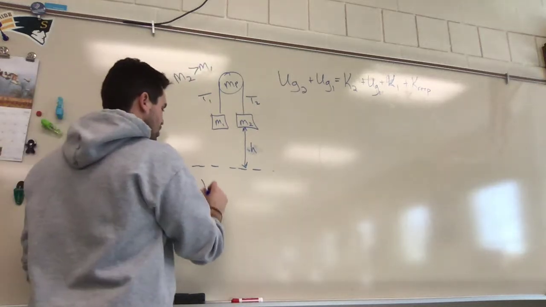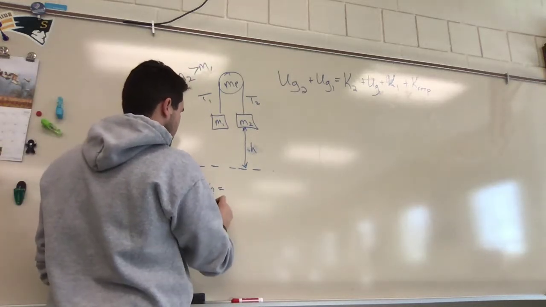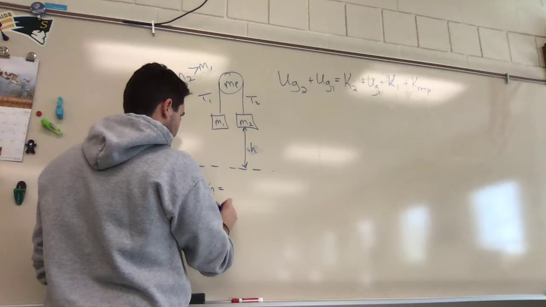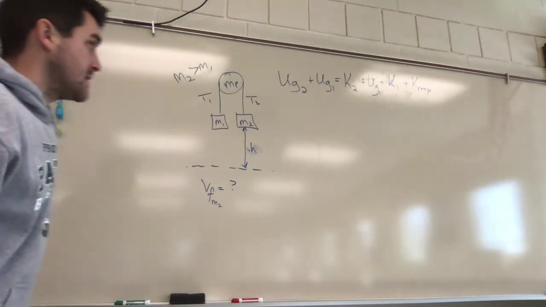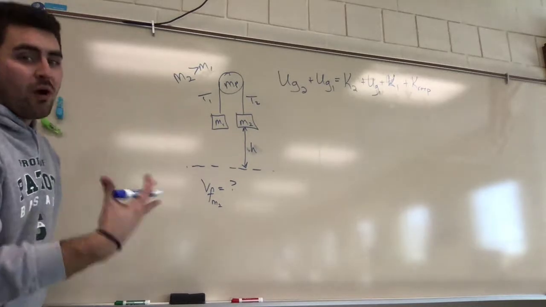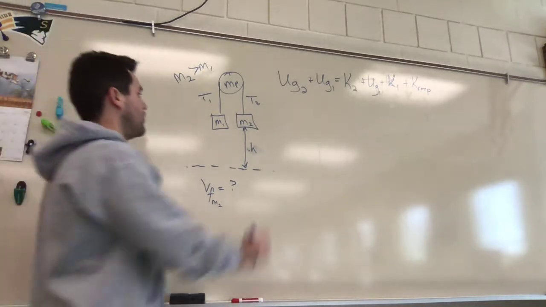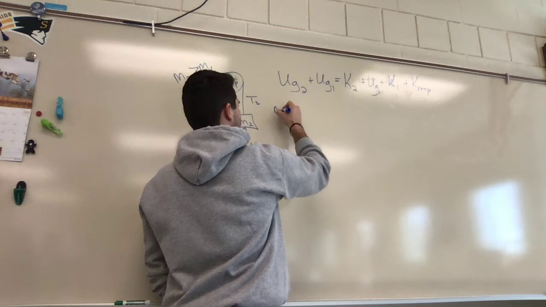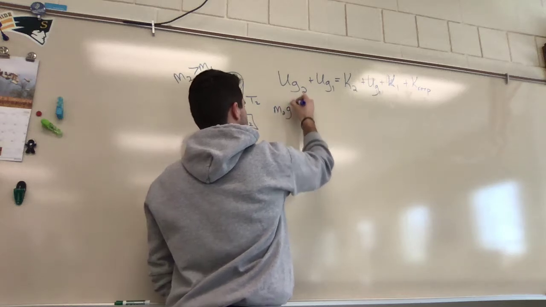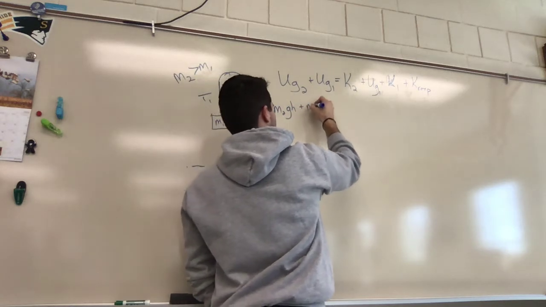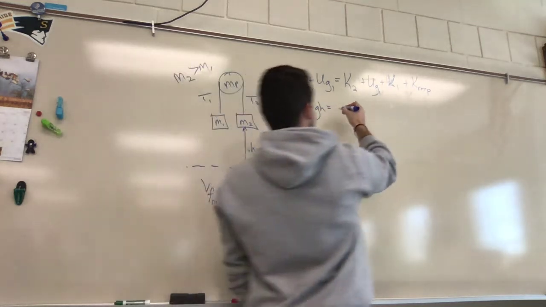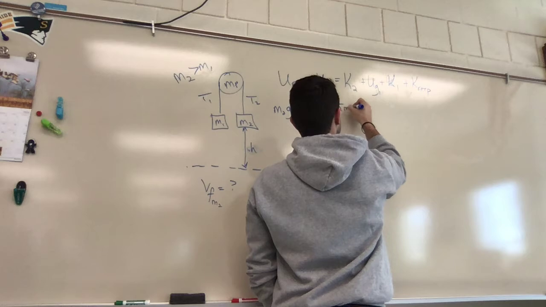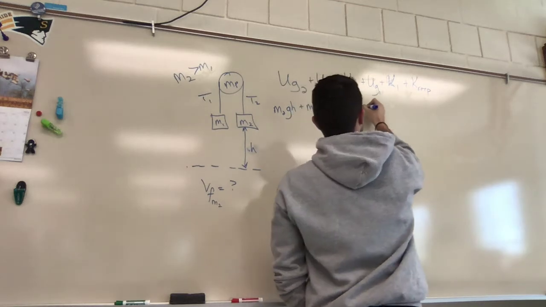Let's go ahead and try and derive an expression for the final velocity of mass 2. Let's figure out what that is and work our way there. We may not get to the end of this thing because it's going to get wild, but we're going to see why using subscripts is so important. So let's start. M2GH plus M1GH, those are my UG equations, is equal to 1/2 M2V squared plus